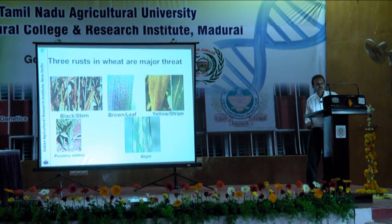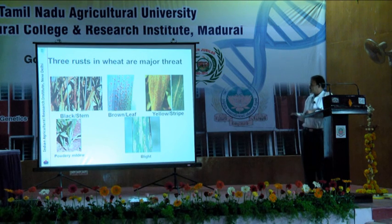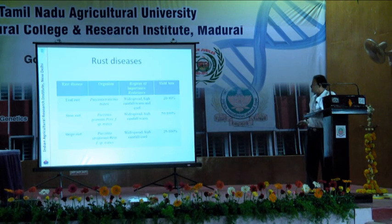The constraints in wheat production are mainly the three rusts, particularly black rust, brown rust, and yellow rust, and now the emerging problem of powdery mildew and blight. The leaf rust, caused by Puccinia triticina, causes about 20 to 40% yield loss. It survives both in cooler climates and also in